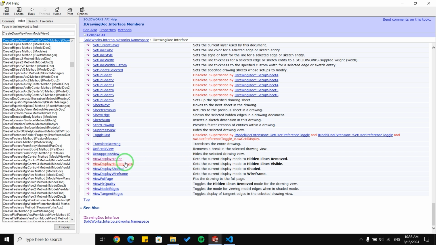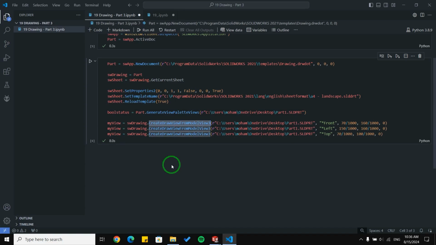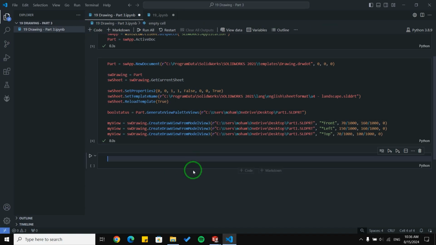Okay, I'm going to use these two functions. Let me click on one of them. It's very simple to use. It doesn't get any arguments, and we just need to use it with an instance, which, it says, will be iDrawingDoc or under the iDrawingDoc object. Let me code it for you.